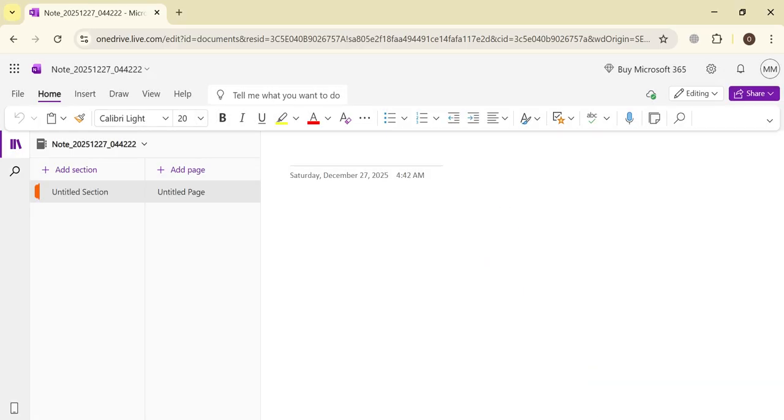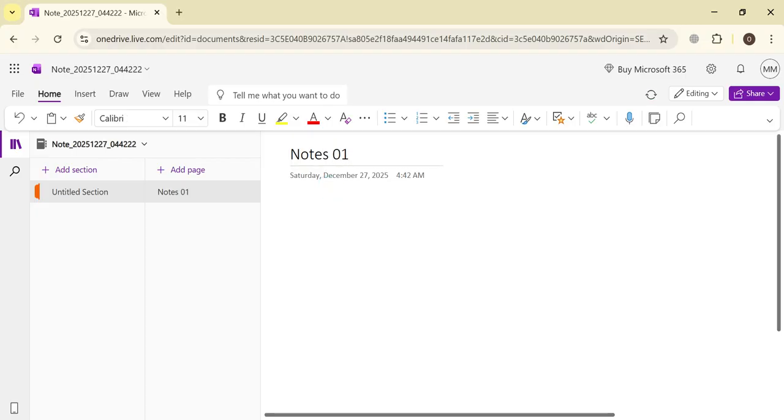So as you can see, this is the title section. You can add the title of your notes, like I write a title, notes one. Okay, and here in the description section you can write down your notes, whether it's your class lectures. You can also use the dictate feature, where you can add writing with the help of your voice. Okay, as soon as you start speaking, it will start writing down each and everything here.